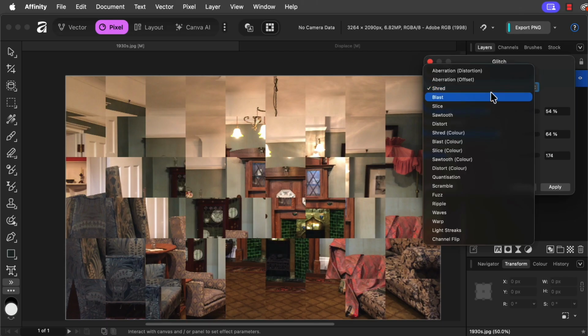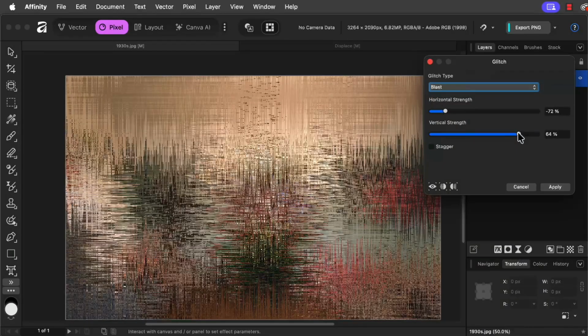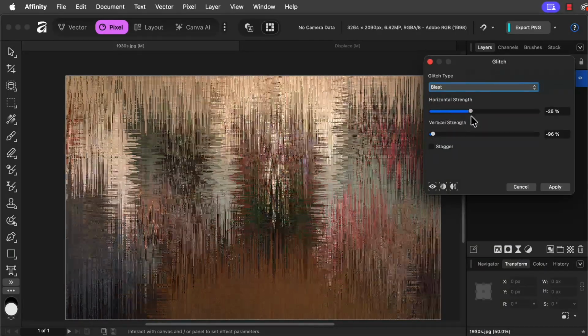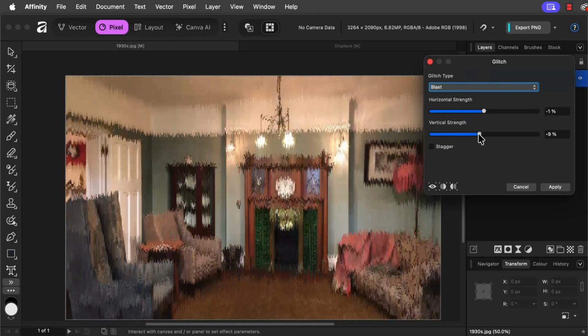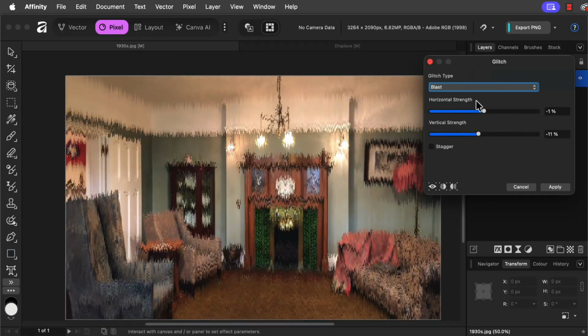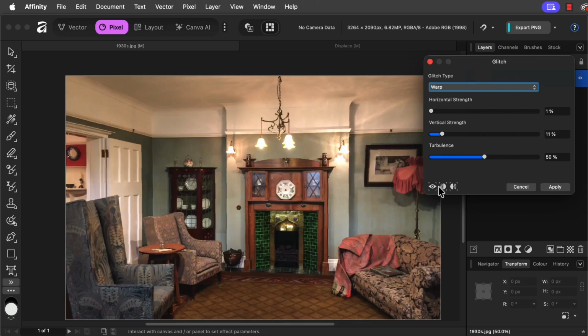Then let's have a look at Blast, and this produces a very strong distortion. You're going to want to take the values down quite a lot here. But you can play around with it to get the effects that you want. Other interesting ones are a warp distortion,